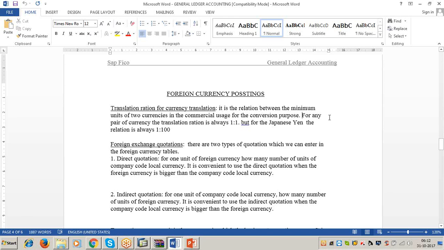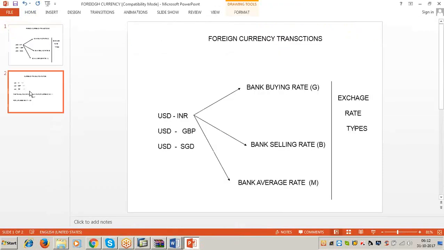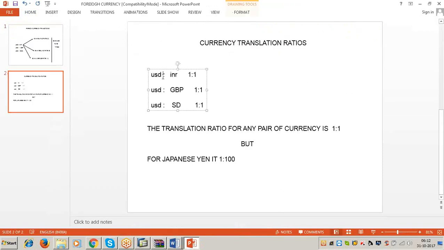For any pair of currency, the translation ratio is always 1:1, but for the Japanese yen, the relation is always 1:100. Means, see, US dollar is to INR is 1:1. USD is to GBP is 1:1. USD is to Singapore dollar is 1:1.